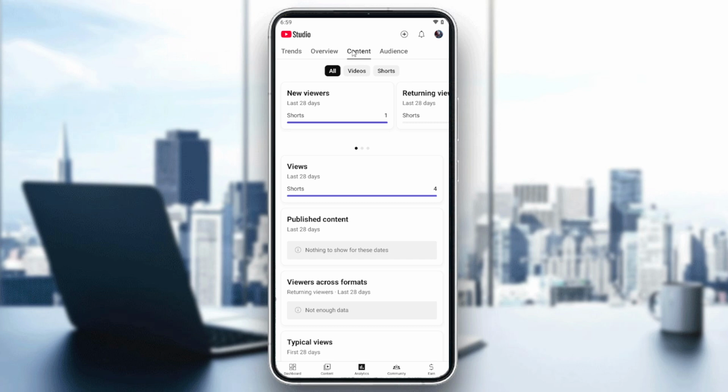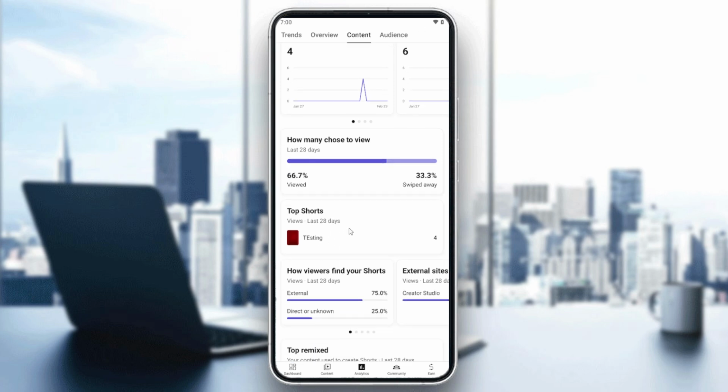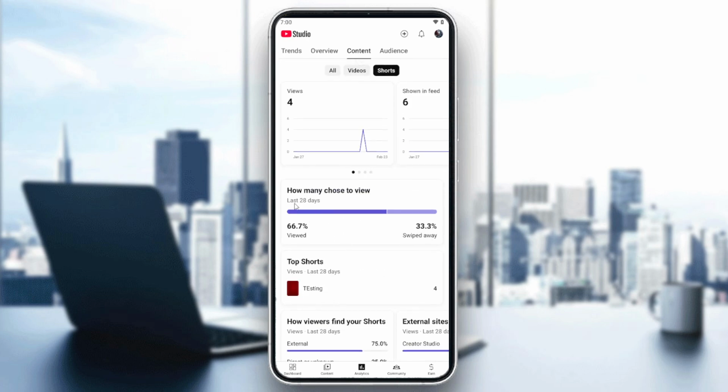Now we want to be going to the content, and here we want to start filtering by shorts. So basically here you will find only the analytics concerning your shorts. And from here you will have more control or more visibility on how your shorts are performing. So basically, those are how many shows to view, and as you can see, those are who swiped